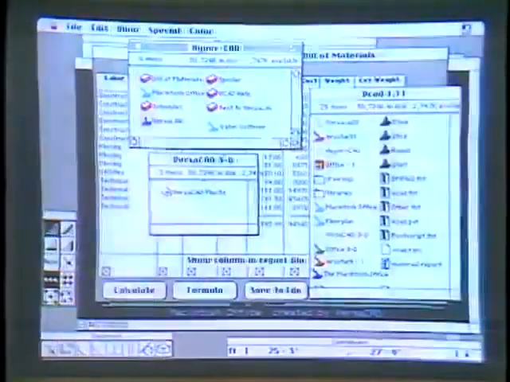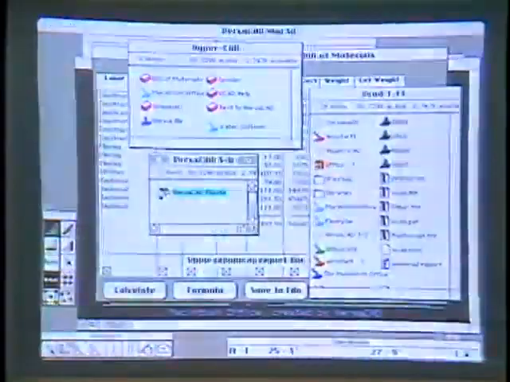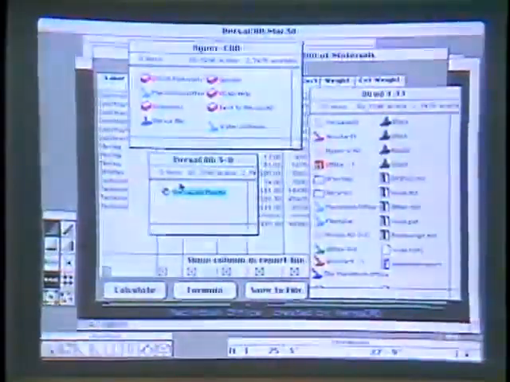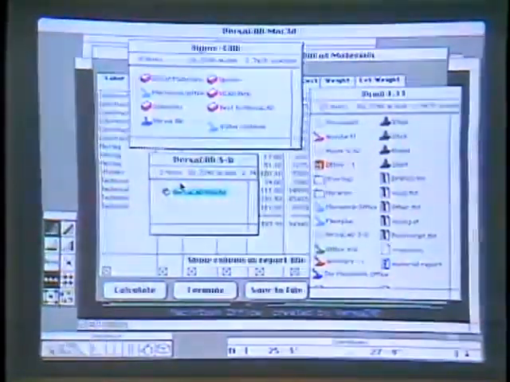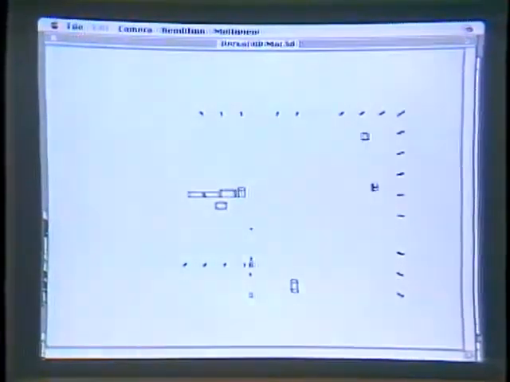Show me the 3D feature of VersaCAD Mac. Yes, VersaCAD has made very many commitments to 3D, and the Macintosh is certainly one of them. As I go into the drawing, you'll notice now that 3D will come up, and I'll be able to bring out the same office view I'm looking at from a top-down view. I'll also be able to ask the drawing to automatically light source shade it for me, so I can get many views at once. So as I open the drawing,